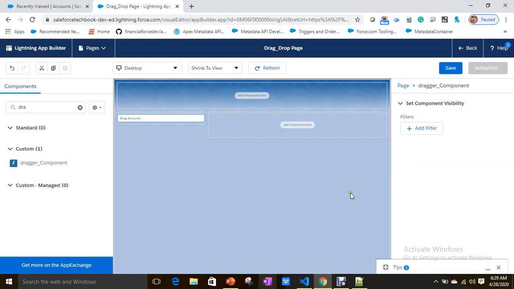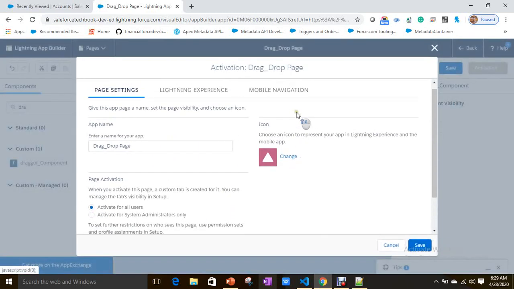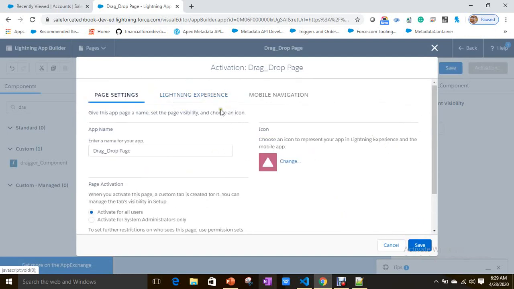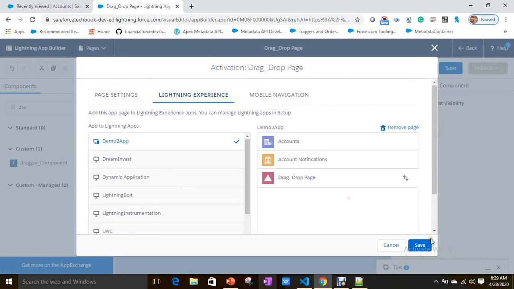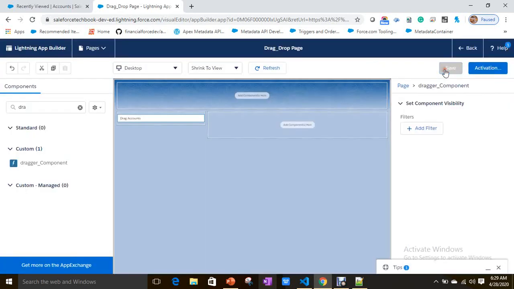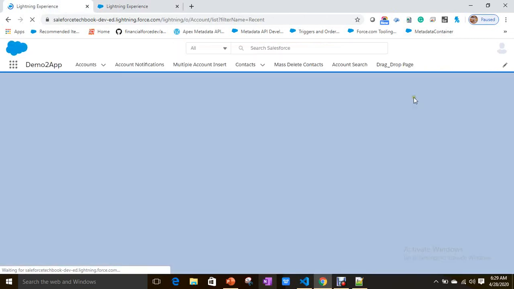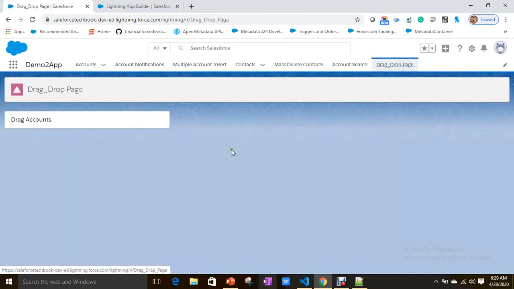Activate. And I want to add it into the demo app. Save. See, drag and drop page here.